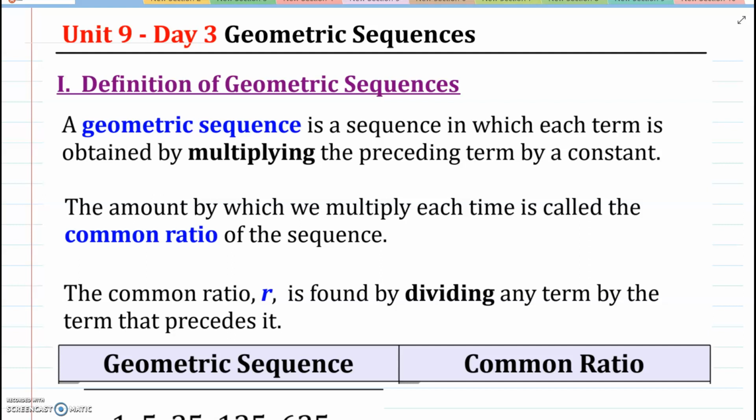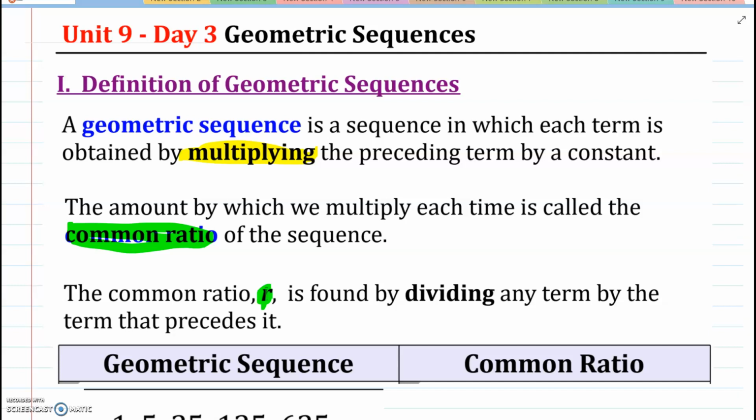Please notice that today we're going to be talking about geometric sequences. A geometric sequence is similar to an arithmetic sequence, except that each term is obtained not by adding to the previous term, but by multiplying the preceding term by a constant. The common amount by which we multiply each time we call our common ratio. The common ratio we signify as r, and you find it by dividing any term by the term